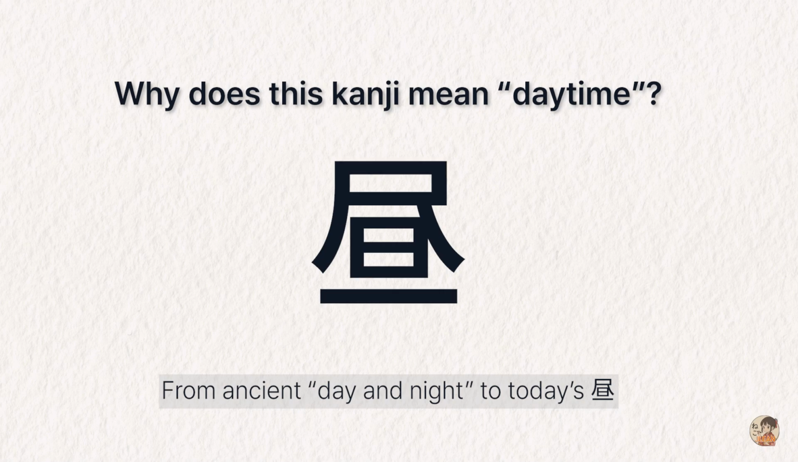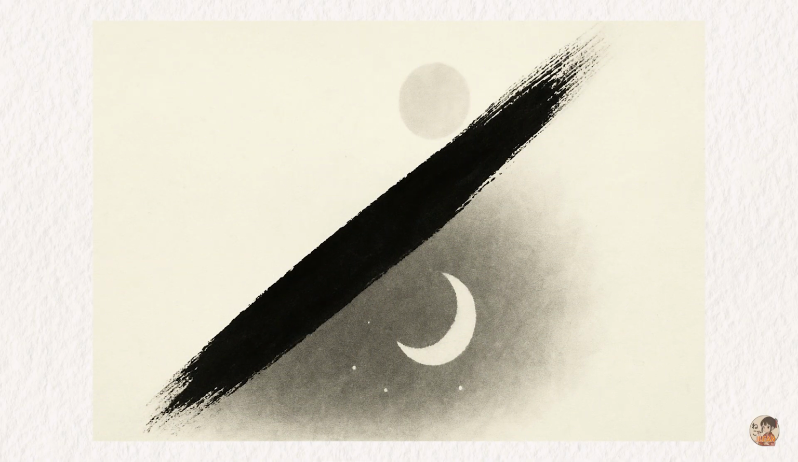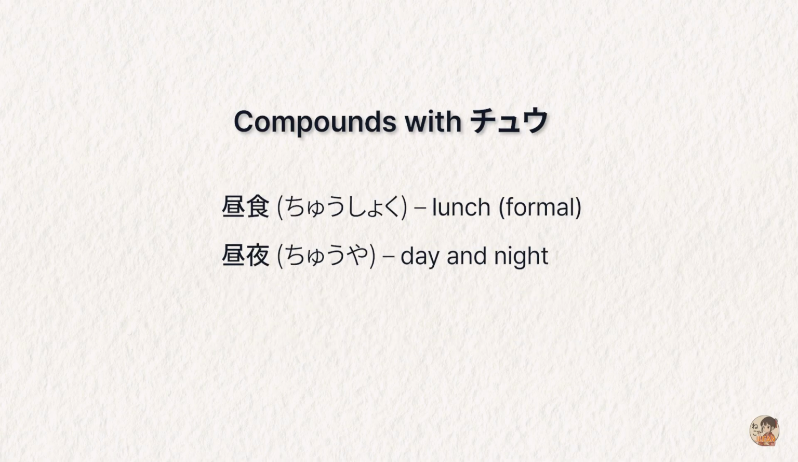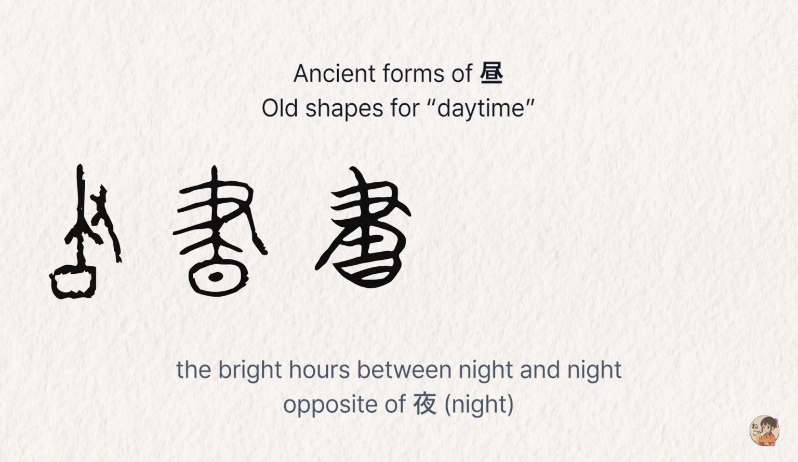昼. In Japanese, this kanji means daytime, noon, and even lunch. But its older shape comes from a much deeper idea, drawing the line between day and night. In this lesson, we'll start with how to read this word in modern Japanese, then trace its origin back through